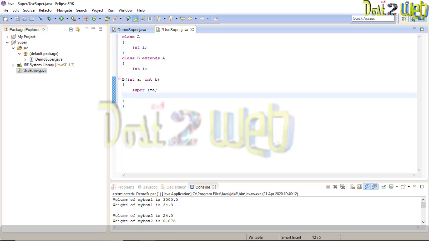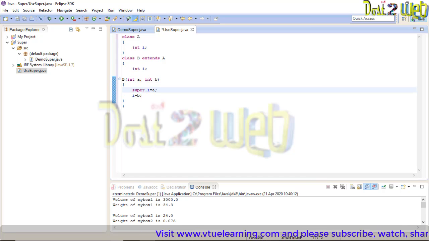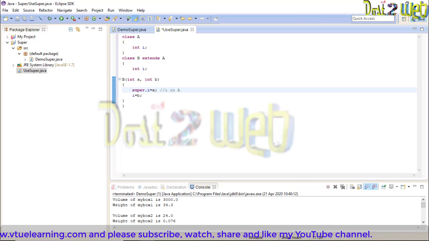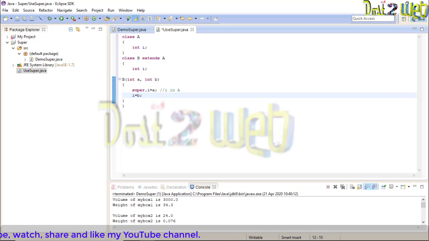Now if I want to write i is equal to b, it will take, because b is declared inside, this now has a reference from A, and this will be i in class A. Okay, and this i will be from class B, that is i in B.